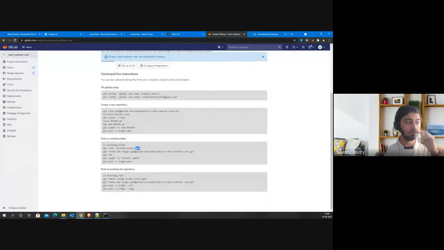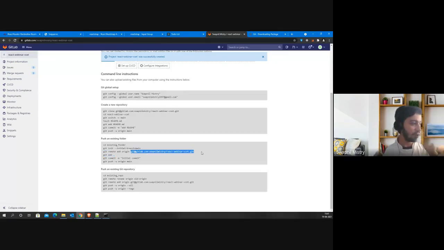Since we already ran git init, the default name of our branch will be master, not main. If you run this command, then the default name of your branch will be main, and this is the protected branch. You can provide access to people to directly merge into the branch or avoid it. So the first command is done, git init is done. I will run this command. But remember that I haven't configured SSH on my system, so I will be using HTTPS.